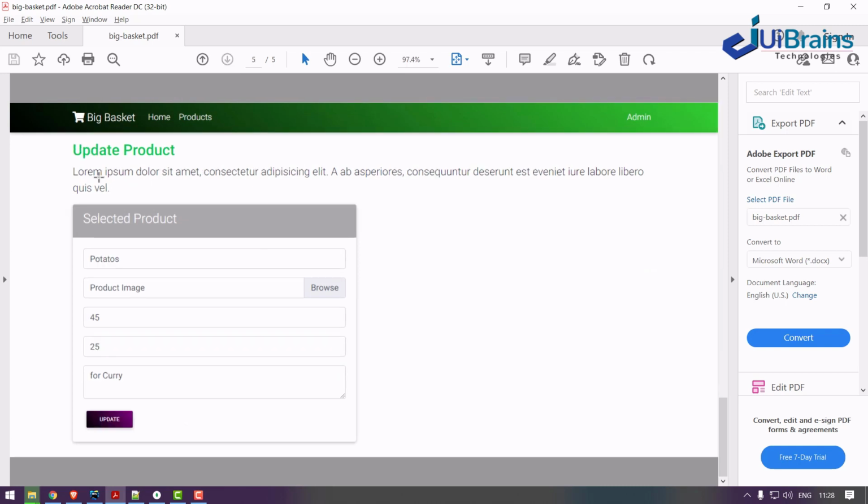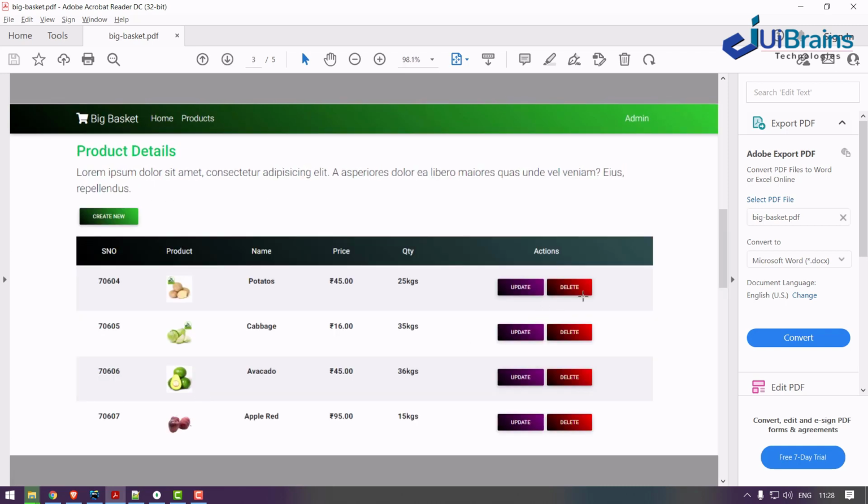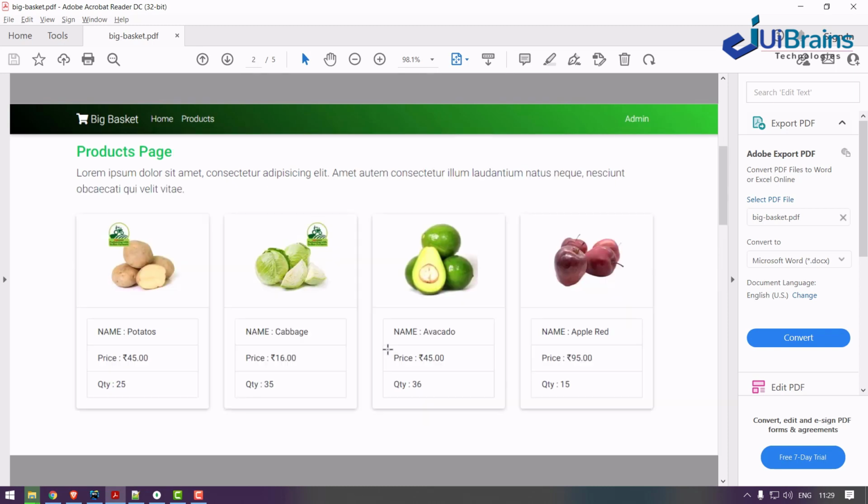So that will go to the update page where you can update the existing products, and you can also delete a product. So you can make four kinds of operations. One is create product and display, that is the read operation, and update and delete. So create, read, update and delete. So four types of CRUD operations we'll be making in this application. And whatever updation you have done in this page also reflects on the products page.